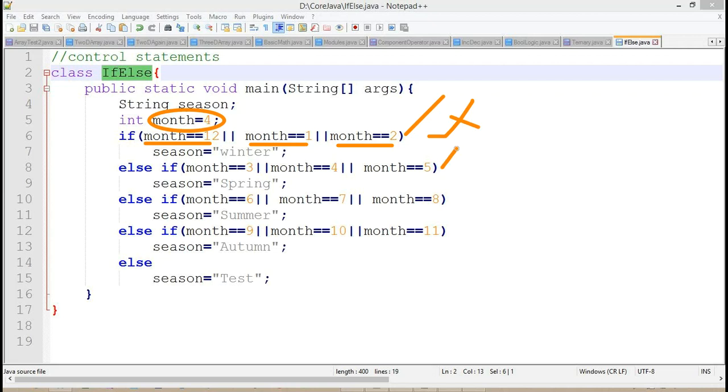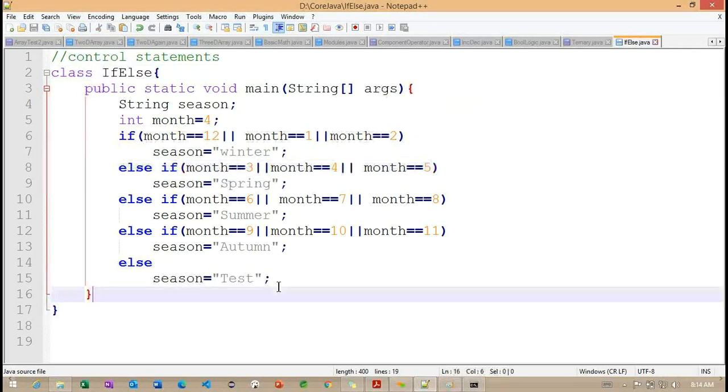And since it is not satisfied, it goes to the else if condition. Here it will satisfy. Whenever it satisfies, it will initialize this string variable, and the remaining three conditions are going to be ignored. Getting the point? The remaining three conditions are ignored. We need to understand this very carefully whenever we write multiple conditional blocks and define them.